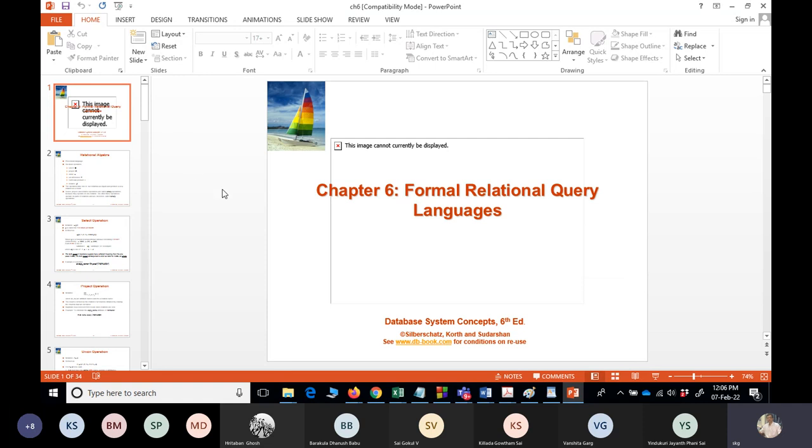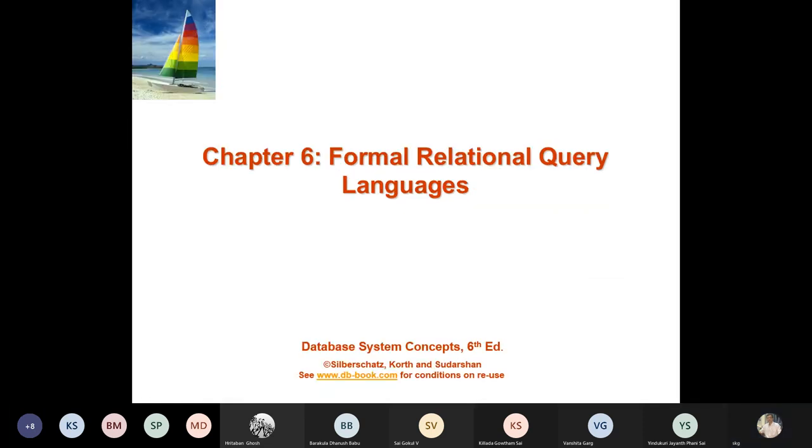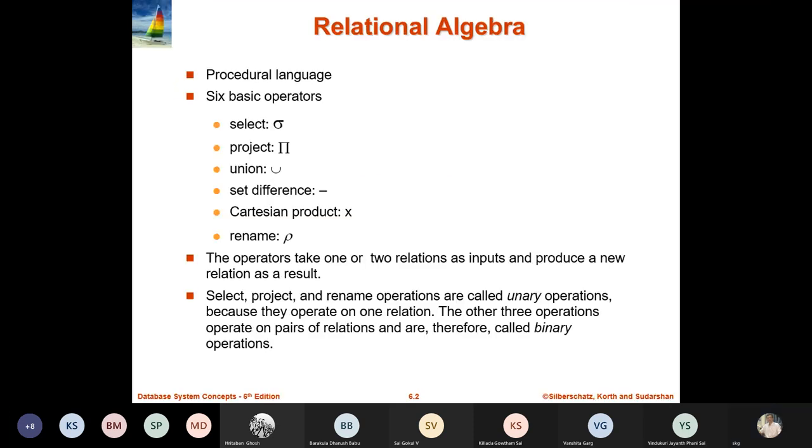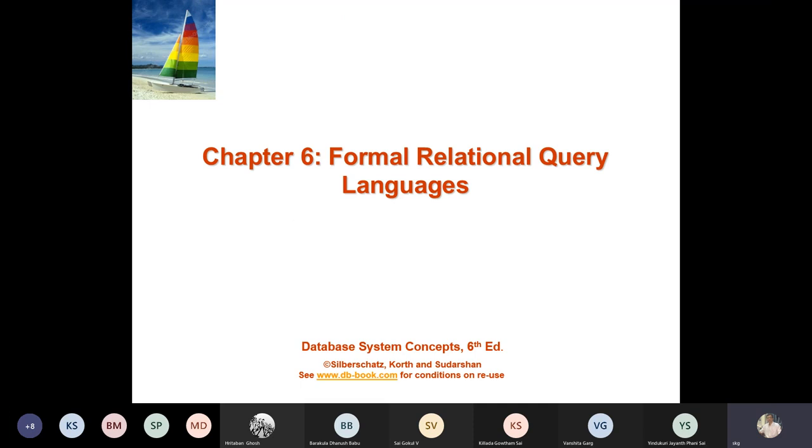Okay. So already you are working with SQL, which is primarily from the relational algebra representation. So we'll see today the basic relational algebra representations, some of which you may already know from your set theoretic knowledge. And then we'll also look at, maybe not today, tomorrow, two other forms of formal representation